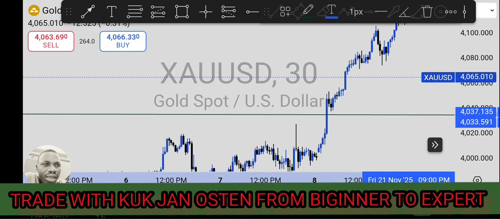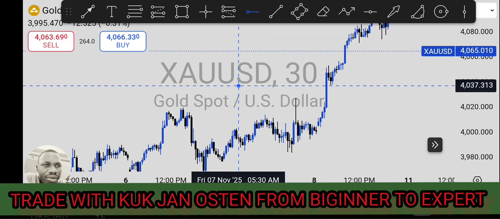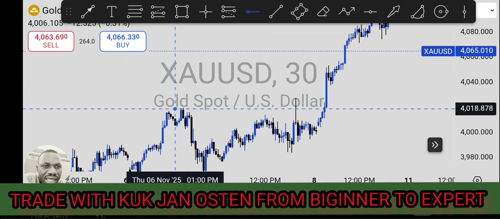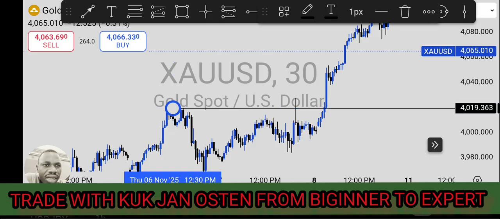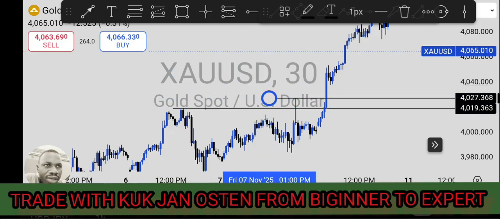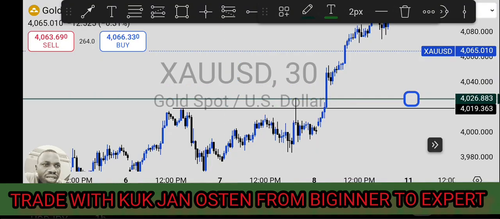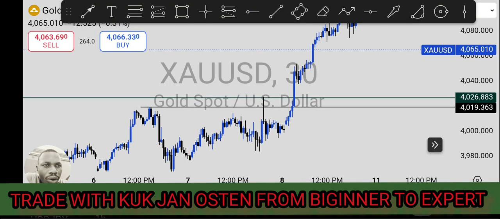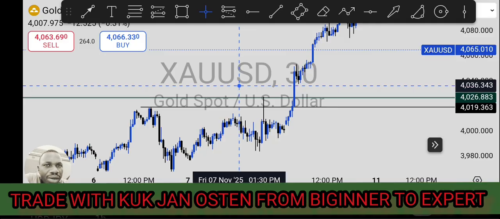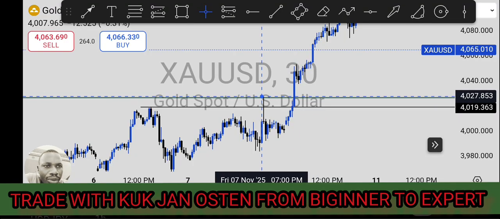Now I can show you step by step. Here you can see that our previous resistance is this. Remember, the zone was still big, so I can change it. This candle broke and closed above the previous resistance. Since this candle closed and broke above this previous resistance point,